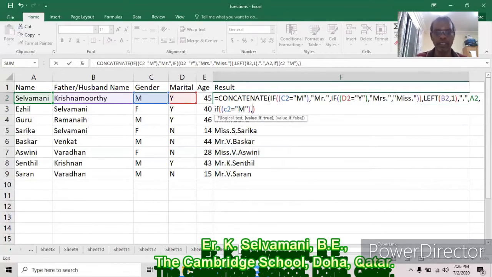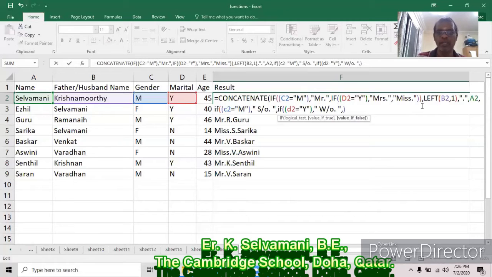It should be son of, within double quotes, son of, comma. Then IF, I just simply copied this one. IF, double bracket, that means if the condition is false, it is assumed female. Two brackets. D2 equal to, within double quotes, Y. That is female, married. Then it should be Mrs. Instead of Mrs., wife of.